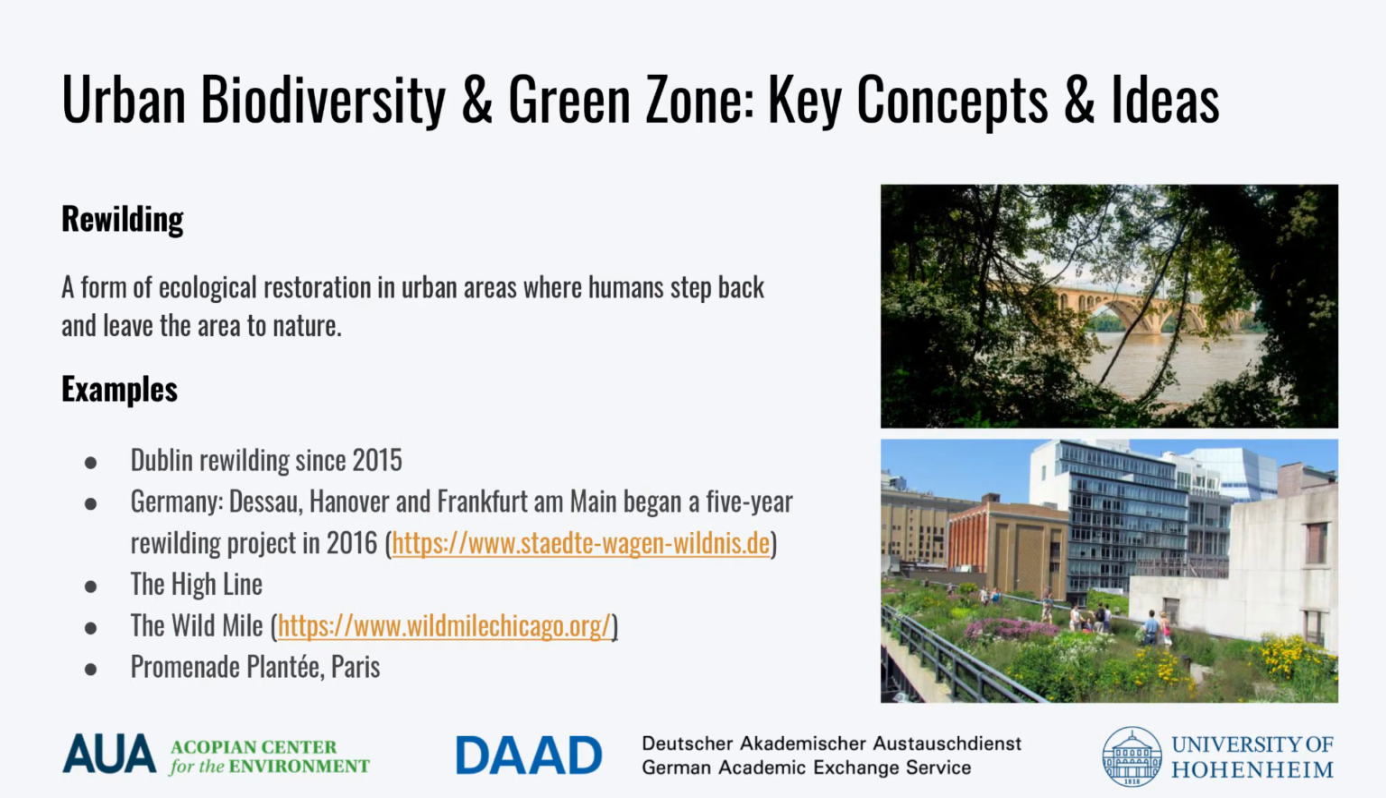Rewilding is a form of ecological restoration in urban areas where humans step back and leave an area to nature. Rewilding is done without use of herbicides, pesticides, or irrigation. There are a growing number of rewilding efforts, from the High Line in New York, once an abandoned elevated railway adapted into a public park with native grasses that support wildflowers, trees, and shrubs, to the Wild Mile, which aims to transform